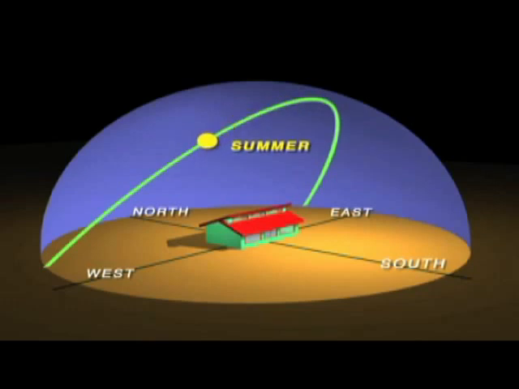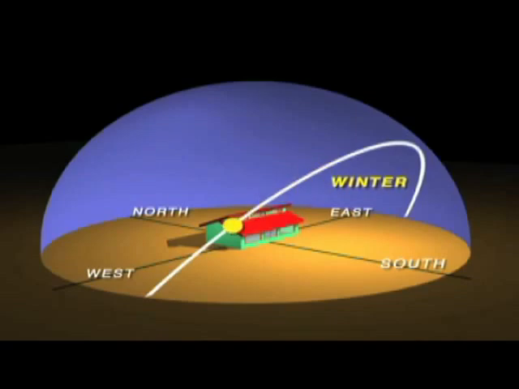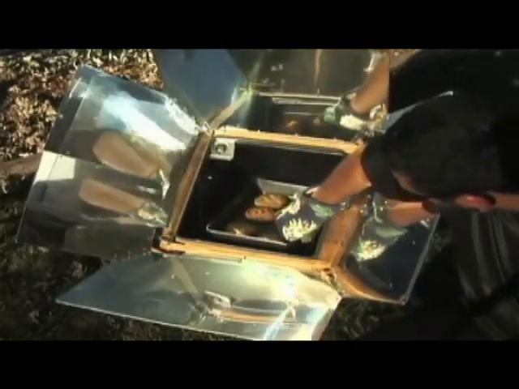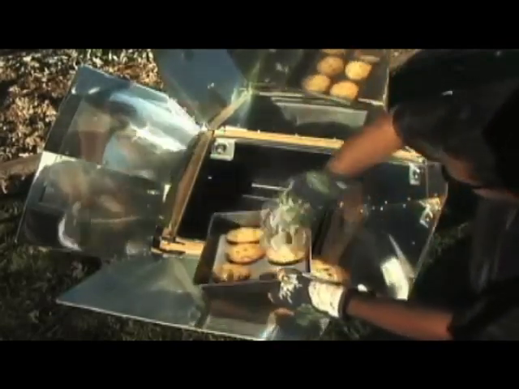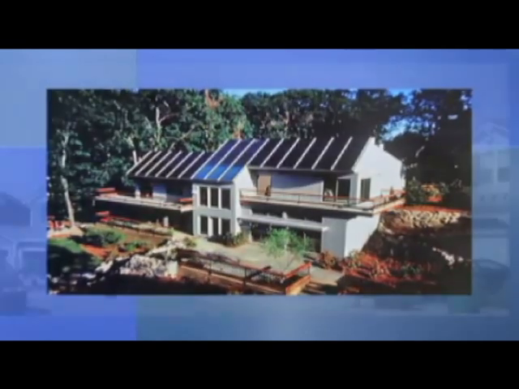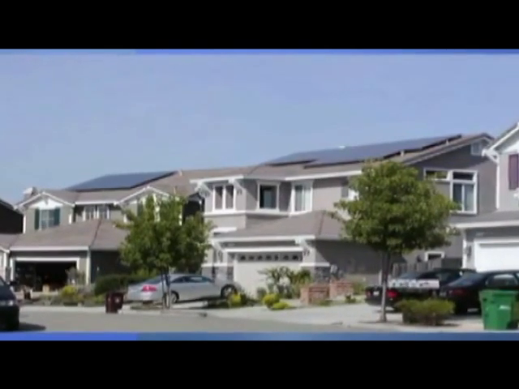Not only that, the sun's actual arc across the sky changes position throughout the year. In the winter in the northern hemisphere, the sun's daily path across the sky moves lower toward the south. This isn't a problem with something like a solar box oven. You just face it toward the sun and move it when needed to follow the sun's movement. However, other solar technologies, especially solar homes, need to use the seasonal changes in the sun's position to work properly